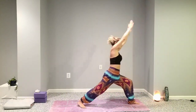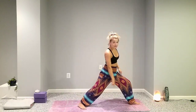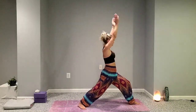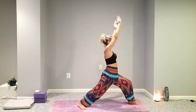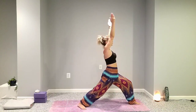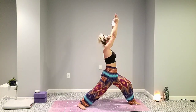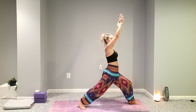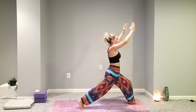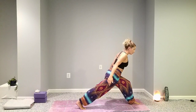Exhale to step your right leg back into warrior one. Your heels should be in the same line. Hold here. Focus on your alignment. And once that is in check, focus on your breath. As we inhale, we turn our toes inward, staying in the high lunge. We come down